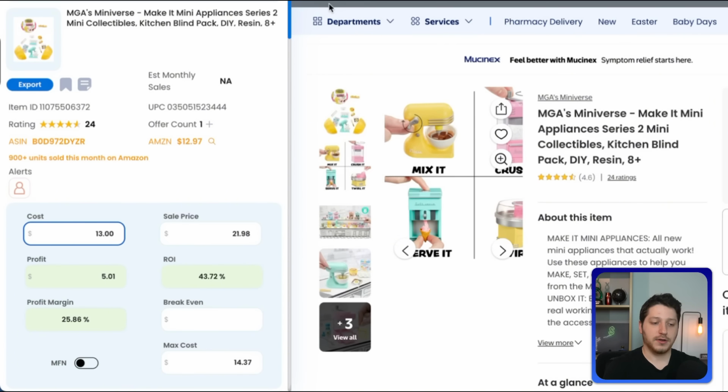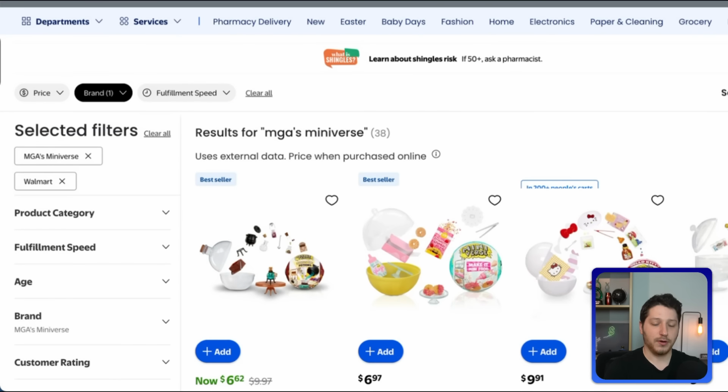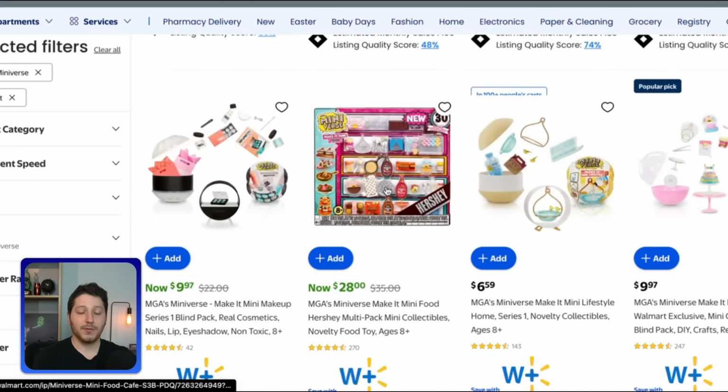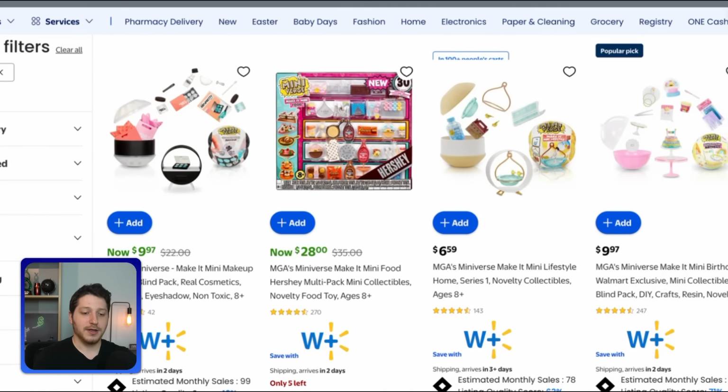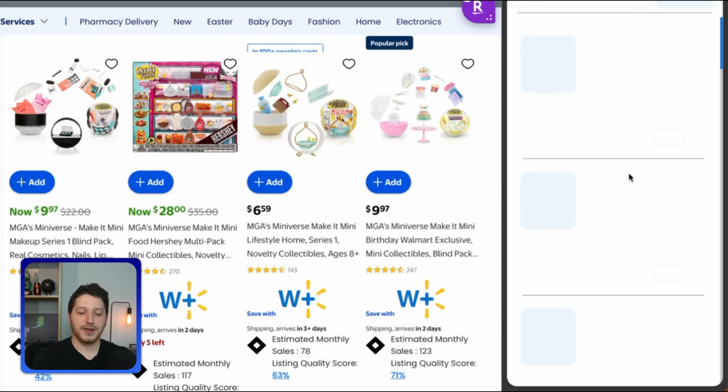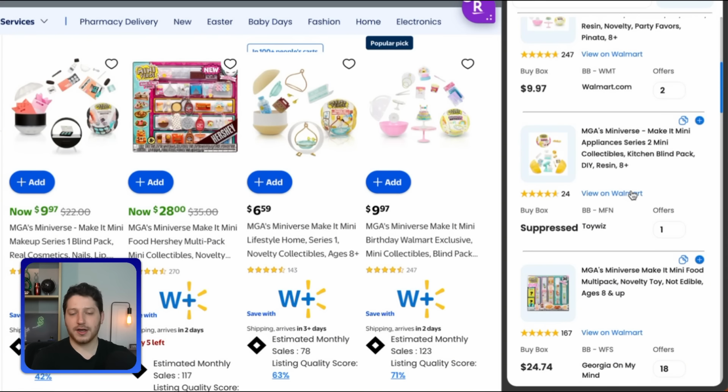The next thing that I'm going to do is, instead of just stopping at one lead, go back to that data that I looked at before. I saw that there were a couple of listings, about 20%, that Walmart was out of stock on. So now I can go through all of these 38 listings and see which ones Walmart is not in stock on by clicking on the Sellify Chrome extension. Then I can find the offer and check on those 8 or so listings and see if I can also sell those. So this kind of creates a loop